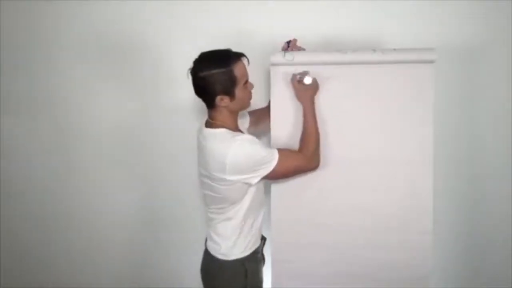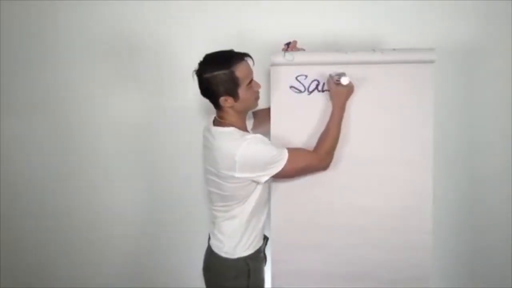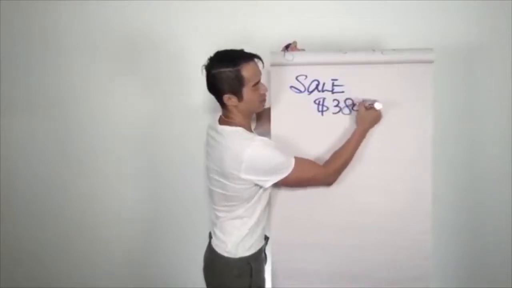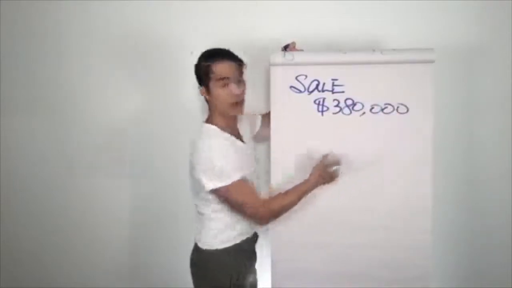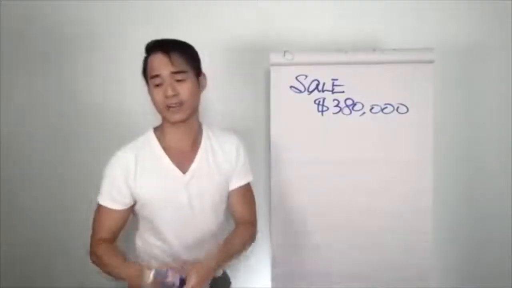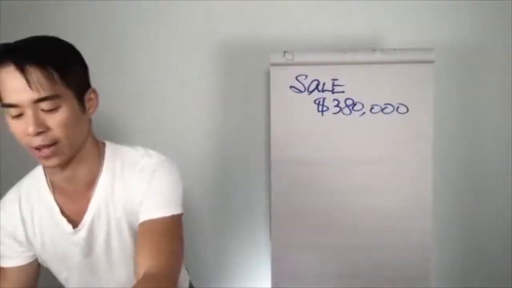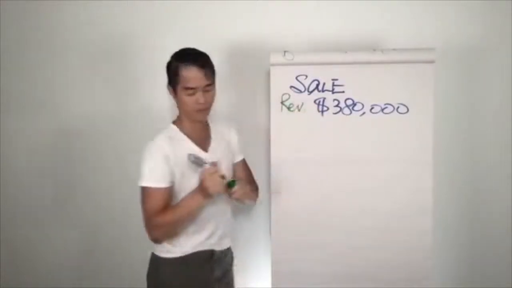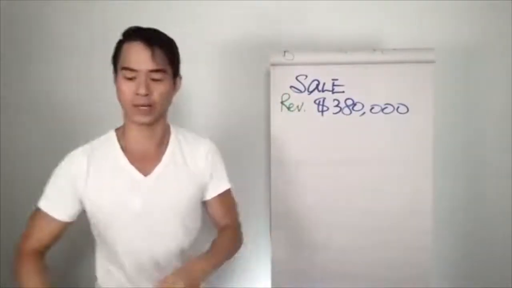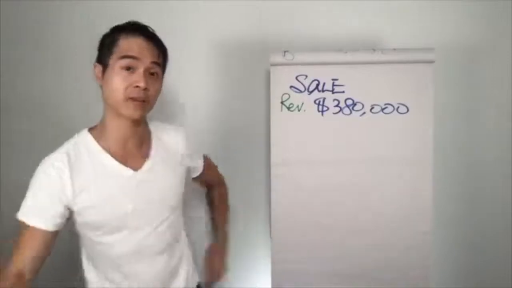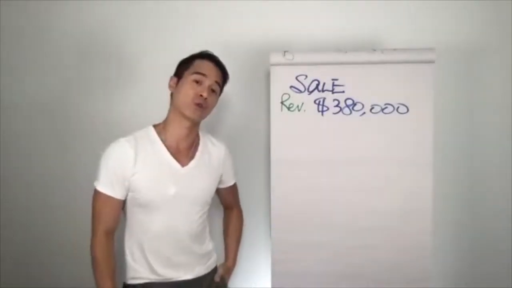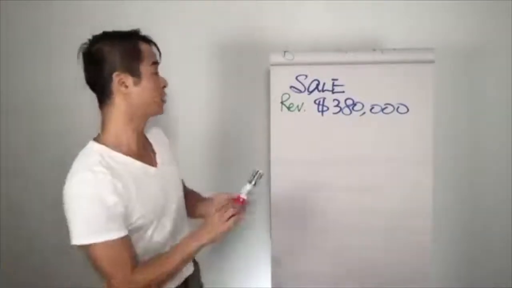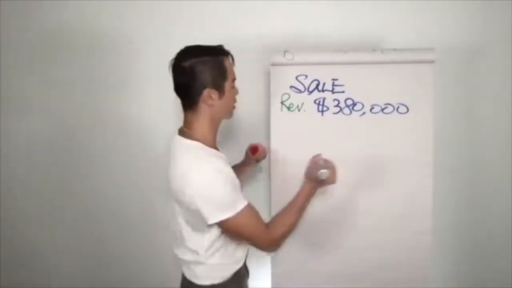So, upon the sale of this property, we know we're selling it back to them for $380,000. Okay, and this effectively is your revenue number at the end of all of this, because that's the amount that you're going to bank and put into your pocket, right? So $380,000. However, what do you need to pay out? Well, let's take a look.